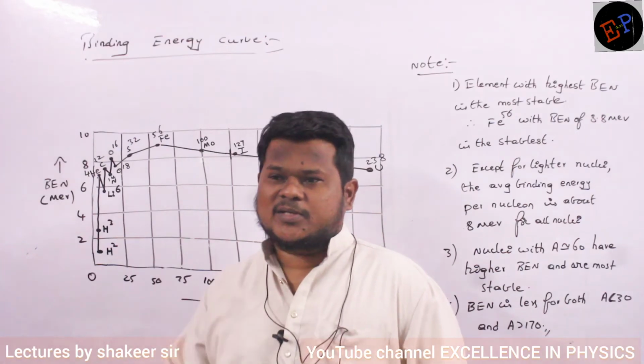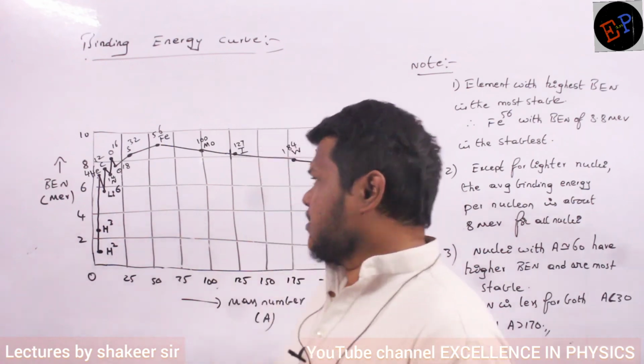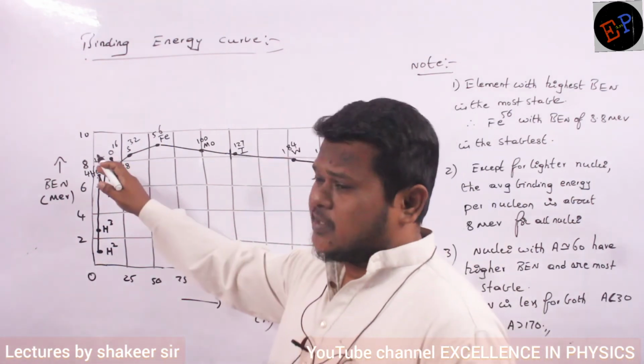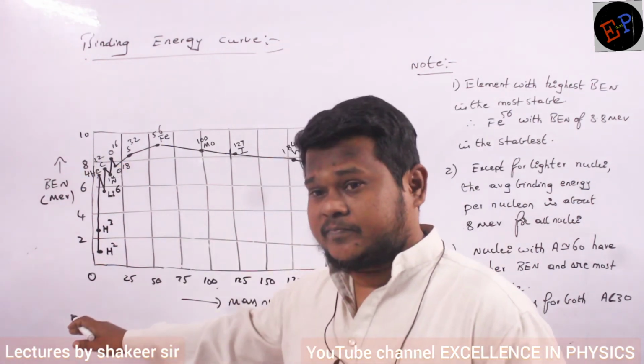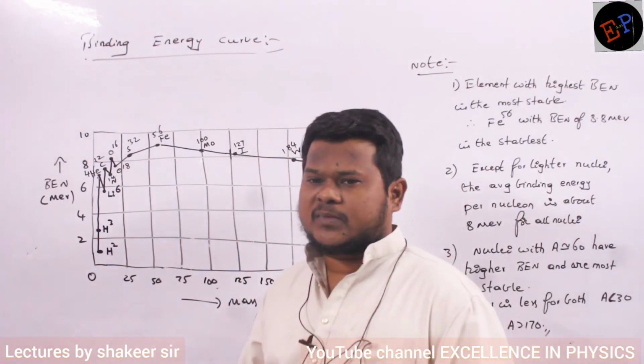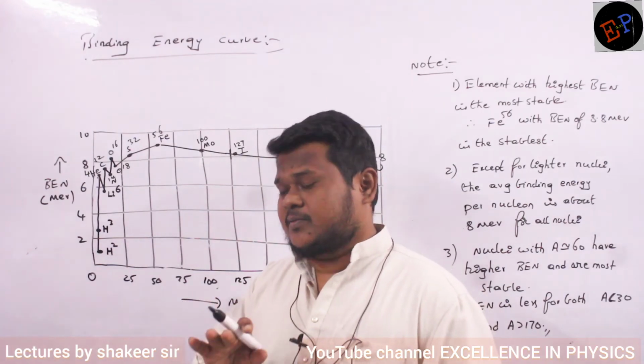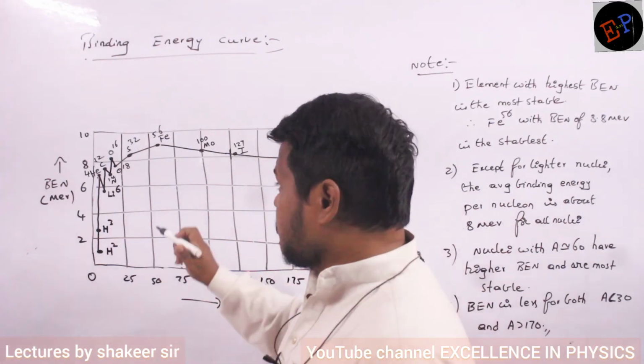It is most stable because its BEN value is largest. Similarly, elements with atomic number less than 30 and greater than 170 are unstable. Are you able to understand? Because their BEN values are lesser, less than 8. See, most of the atoms